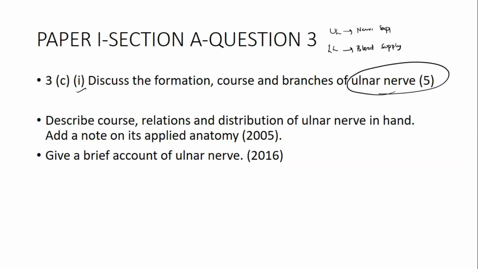A few of the students are very angry, asking, "Sir, why is the whole of upper limb osteology and histology not covered?" Let me tell you, they have clearly given in the syllabus applied anatomy, including blood and nerve supply of upper limb and lower limb, and joints of shoulder, hip and knee. This is the syllabus. So they are only asking you the blood supply and nerve supply